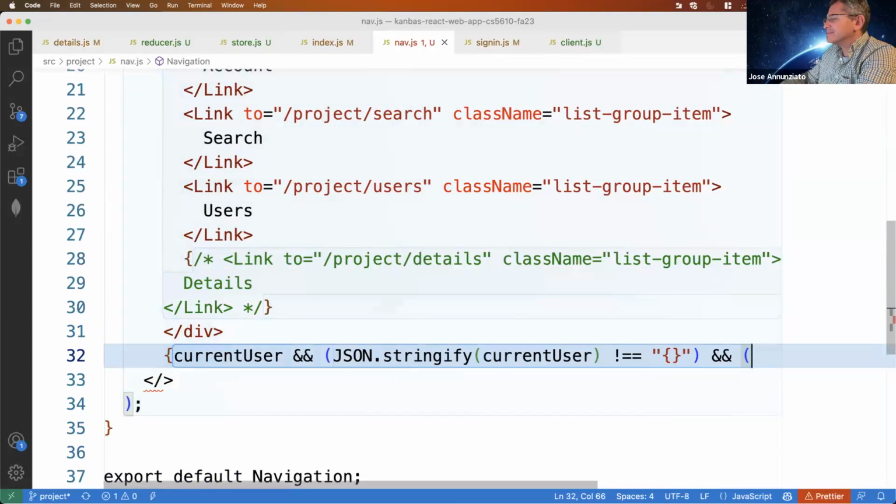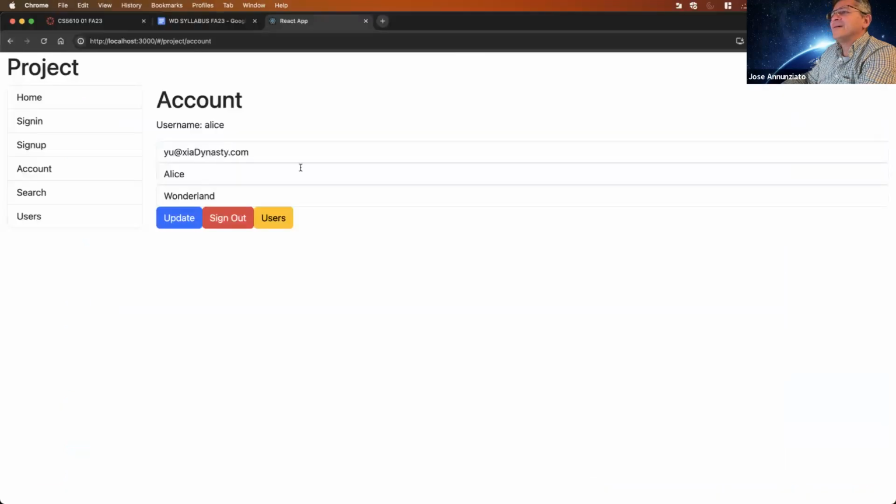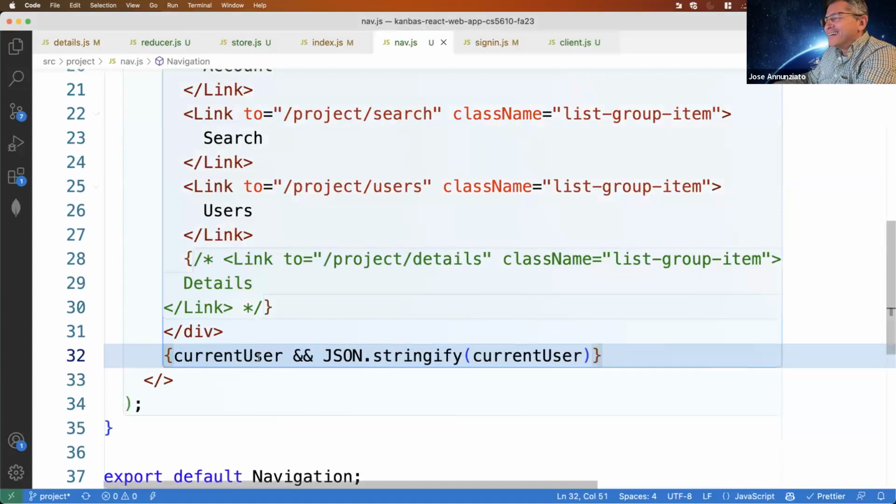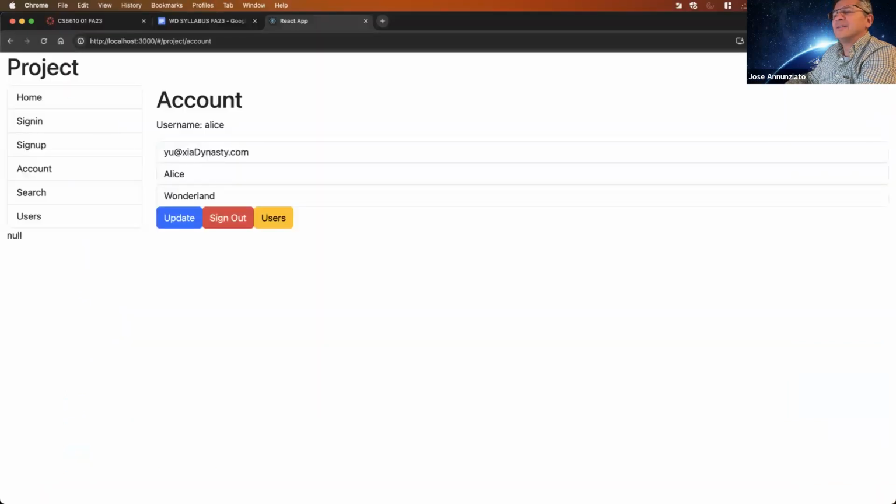Wait, no, this is what I want to render. Current user, and so on. So wait, am I logged in? Current user, stringify. Let's see, let's remove that. Stringify. No, huh?